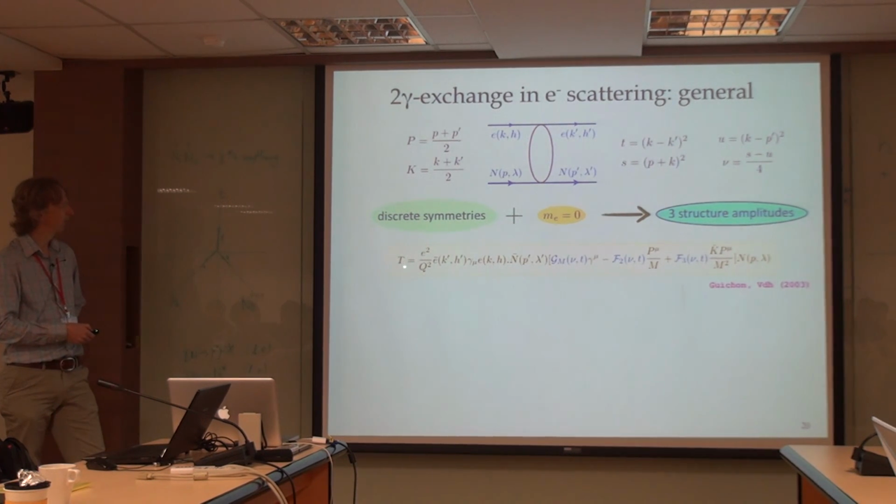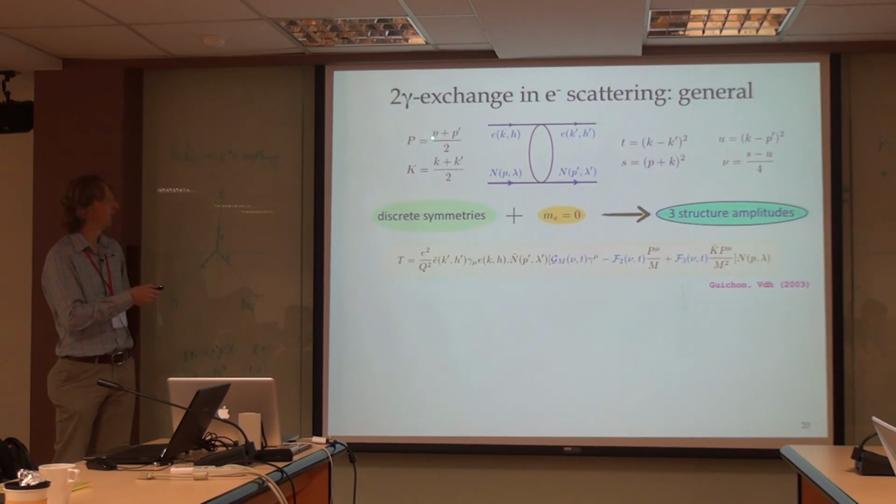This formula is just the general Lorentz structure between the spinors of the electrons, so e bar gamma mu e. So it's a vector current on the electron side, and then N bar N on the hadron side. And the Lorentz structure here is either gamma mu or P mu. P is, I forgot to say that, capital P is the average of the momenta between initial and